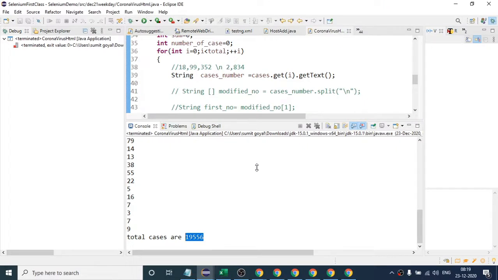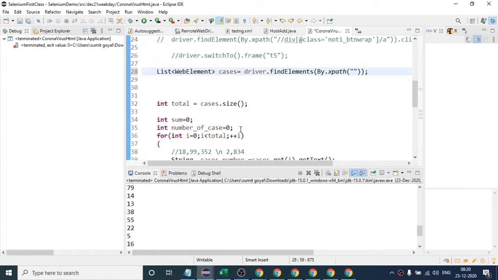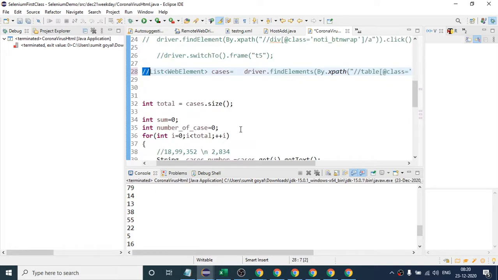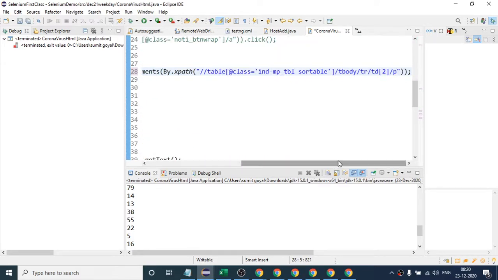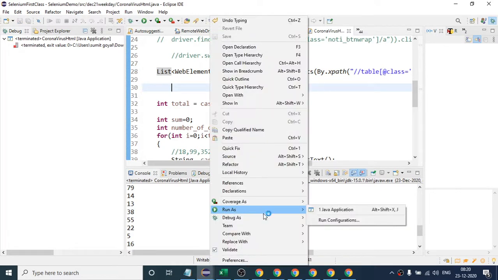Instead of changing the XPath, if I do not want to change it, let me undo everything. Here I have changed the XPath, and this is correct. If I run this time, let us see whether it fails. Again it will fail.